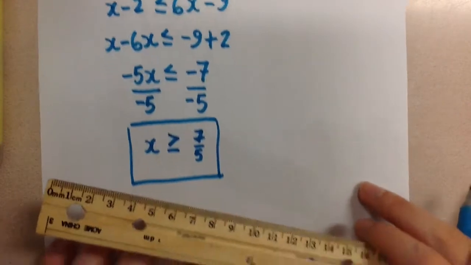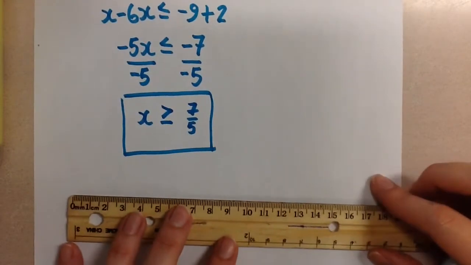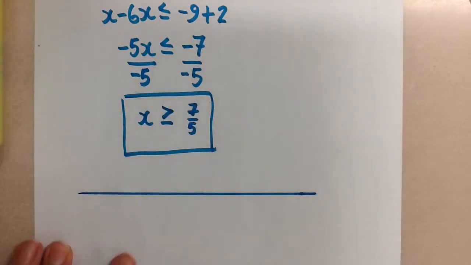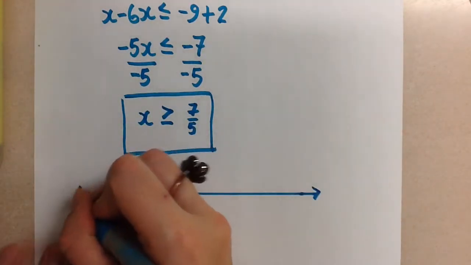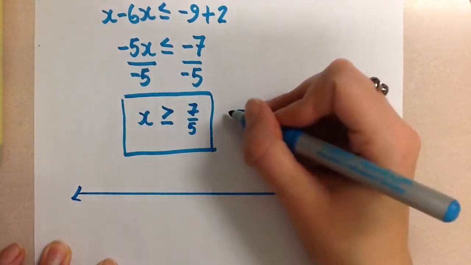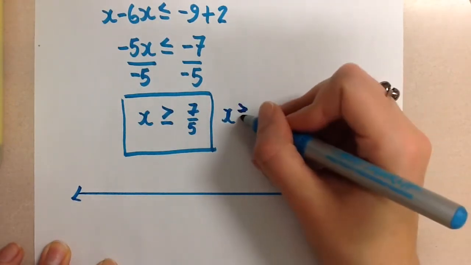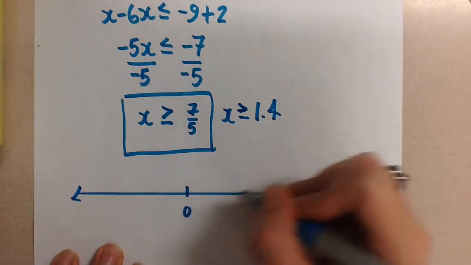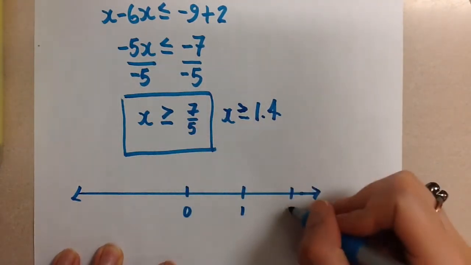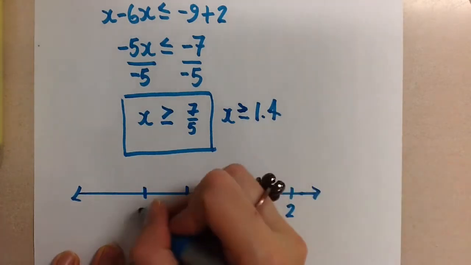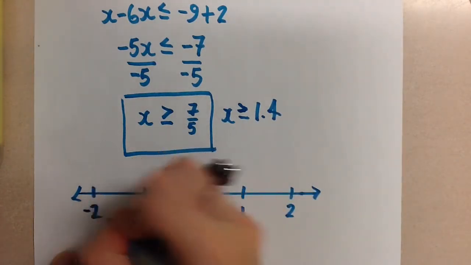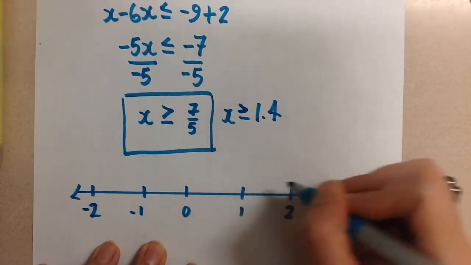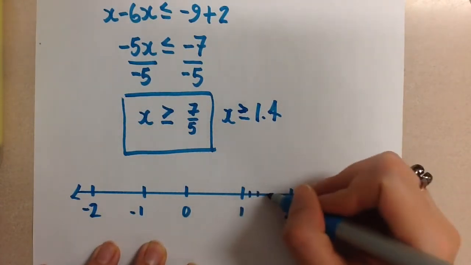We can show this solution on a number line. So we'll just do this quickly here. If we do a number line, as we normally do, now the number 7 over 5 gives us that x is greater than or equal to 1.4 if you divide that out. So on our number line, I'll do big sections here like this, and if we do 1.4, I'll do 1,